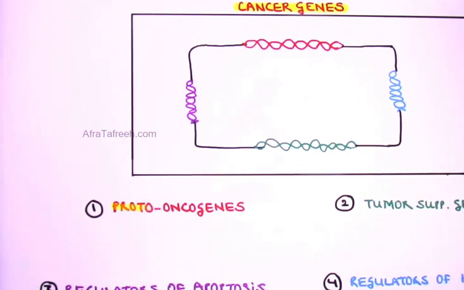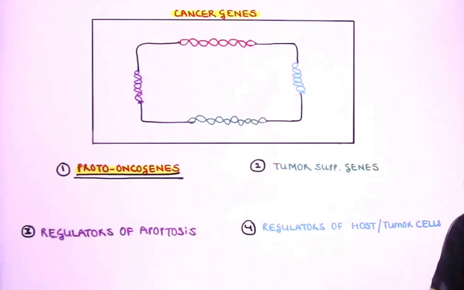The first one happens to be the one which is red in color, which is a proto-oncogene, what you can actually see over here, friends. So proto-oncogenes are actually normal genes of the cell, and they are responsible for increasing the rate of cell replication. Whenever there is a mutation in these genes, the problem is that these genes become overactive. In terms of genetics, any gene which becomes overactive after mutation, we use the term gain of function mutation.